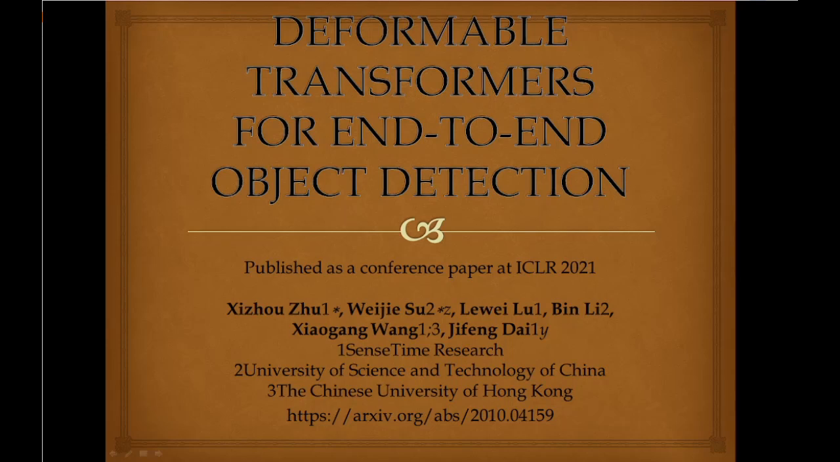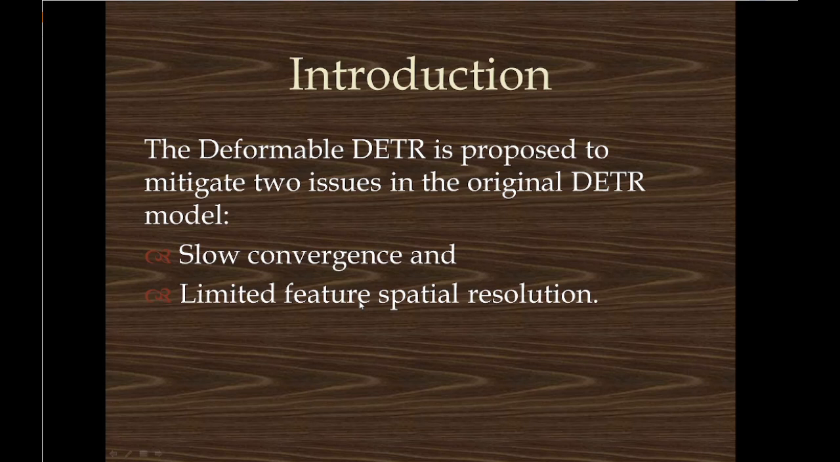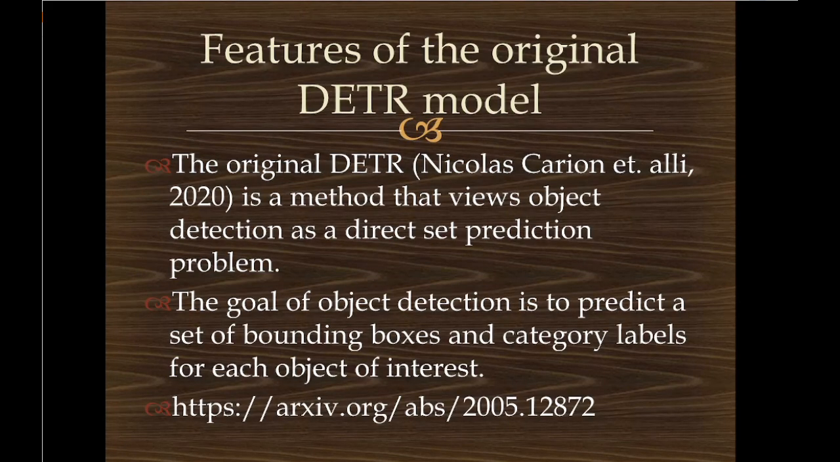In this video, we show you the deformable transformers for end-to-end object detection. The paper was published in 2021 as a conference paper. Deformable DETR is proposed to mitigate two issues in the original DETR model: the slow convergence and the limited feature spatial resolution. The original DETR, proposed by Nicolas Carion and others in 2020, is a method that views object